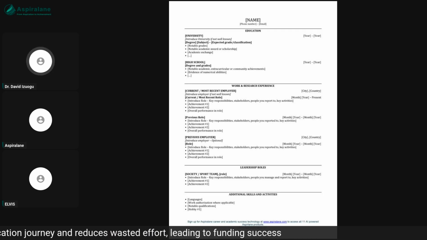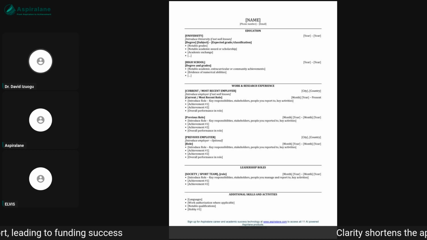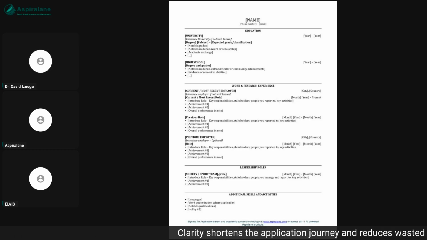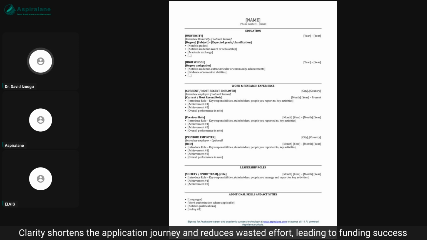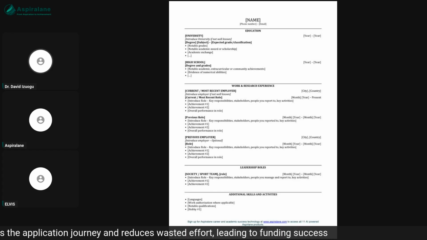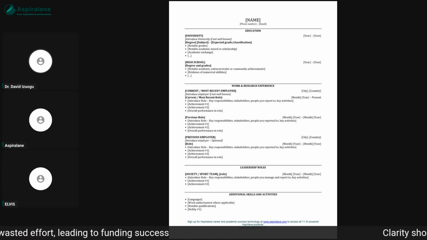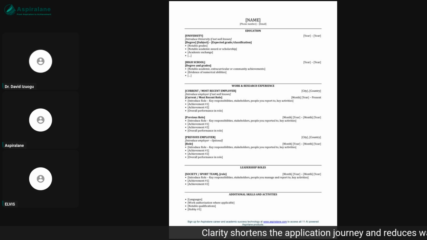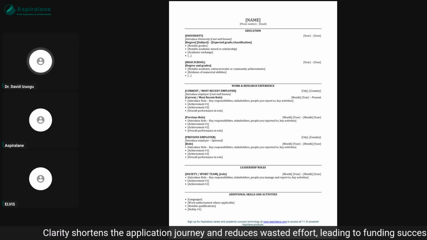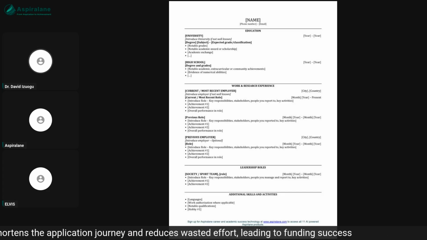Then the subsequent bullet points, you can see I've written as achievement number 1, achievement number 2, and then maybe overall performance in that role. The same thing across the board. And that is how to build an impact-driven CV. Those achievements are the things that make it exceptional. Even the leadership role, you can see it's a similar thing. The first line is what the roles and responsibility of that leadership role are.